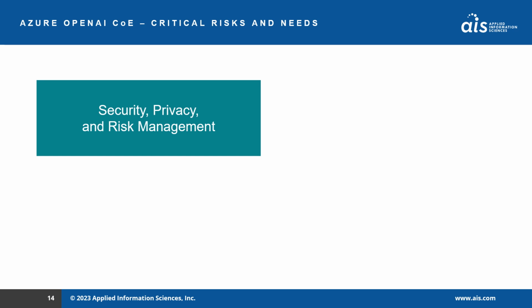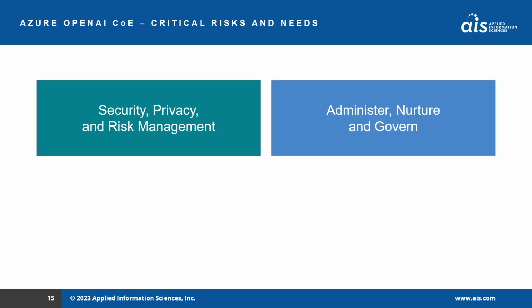So let's look now at what the CoE would do in terms of the different ways it would go about operating to manage these particular risks. First and foremost, it would look at how you would define guidelines for managing the risk and establishing security and privacy guidelines. Next, it would come up with the policies and procedures to determine how you're going to administer and roll out different solutions within your organization and establish that governance structure.